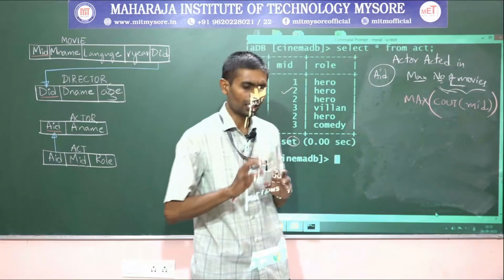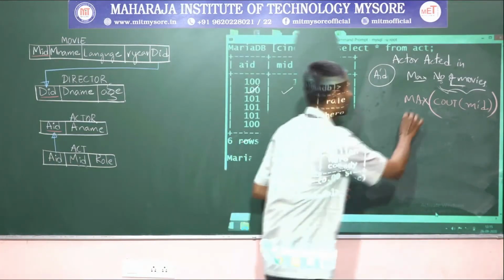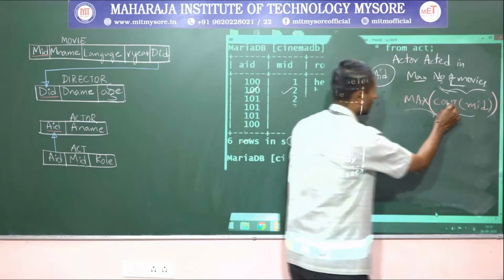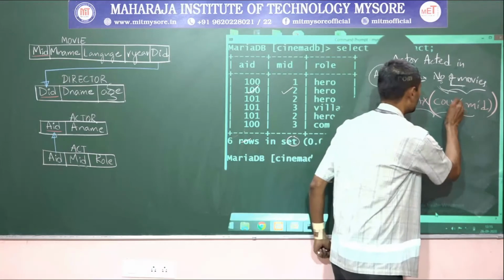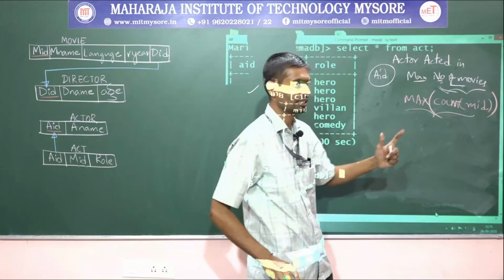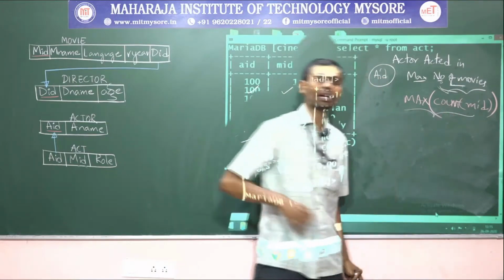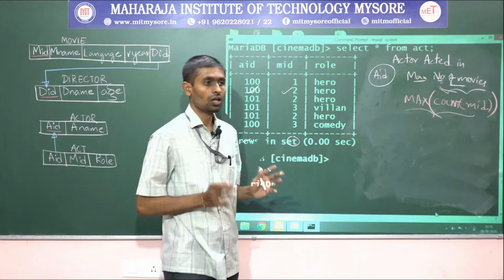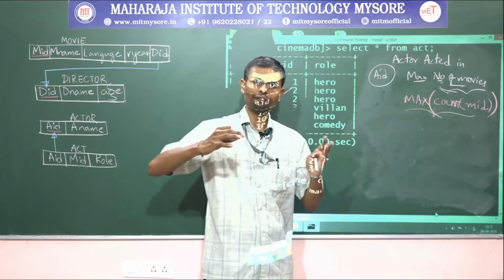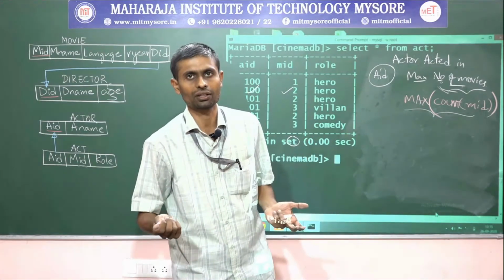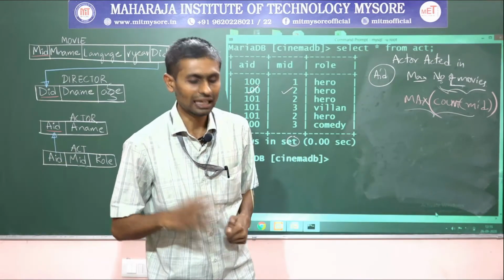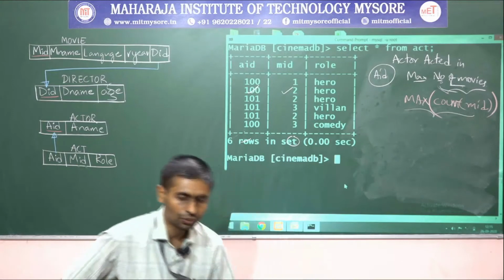This query is conveying something interesting, guys. We have to make a count, and outside this count we are writing a max. That means we are nesting an aggregate function. Already we have seen how to write a query within a query, but now we are writing an aggregate function within one more aggregate function, right? This is the beauty of this query, but does SQL support it or not? Let me check, guys.